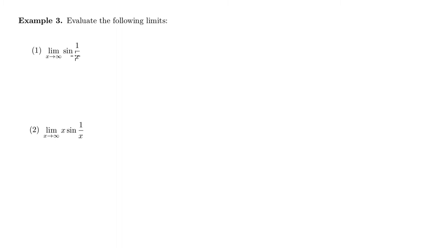It's the limit of sine of 1 over x. So I really need to think about what's going on with 1 over x. And here I'm also going to use the continuity of the sine function. So I'm going to be able to take the limit and then just evaluate sine of whatever that limit is. So the key observation here is that